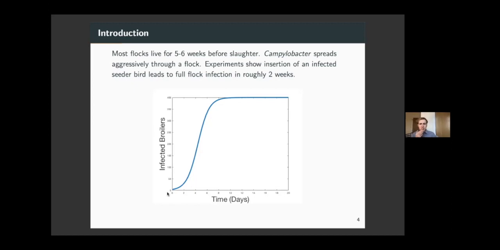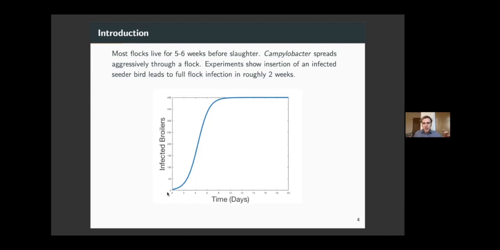And it's especially a timely point in the Campylobacter history to get involved with this, because there have been so many studies now trialing various different biosecurity protocols, none of which seem to really be giving us the results we're hoping for. So this is the point where we really want to turn to mathematical models. We've done all this work, we've got all this data. What can we actually learn from this, and how can that inform the next steps that we might take?